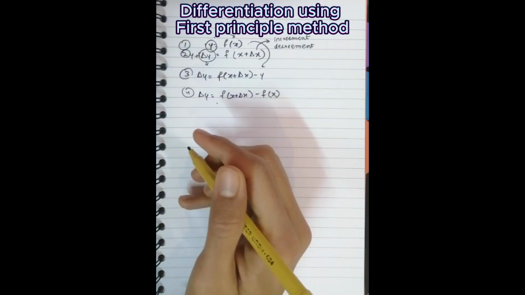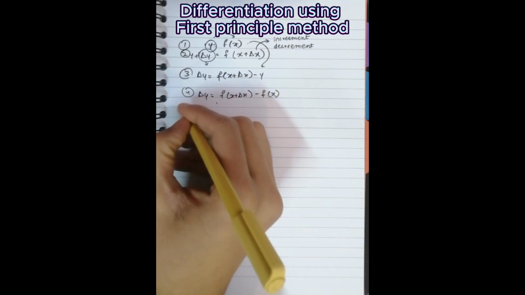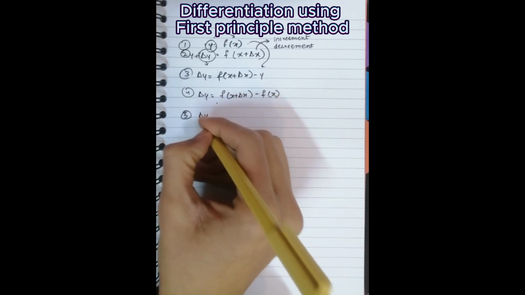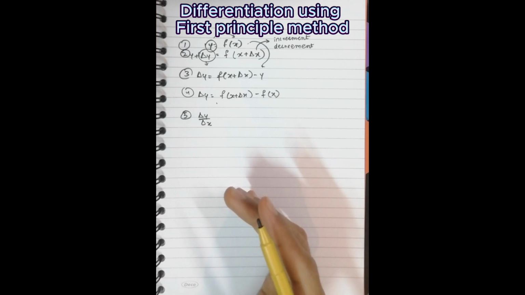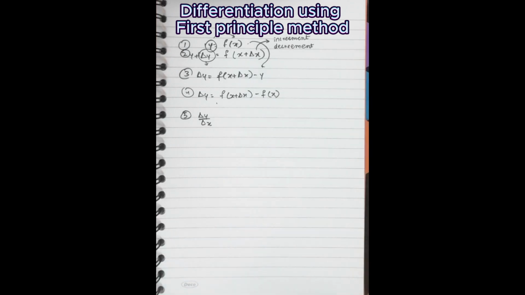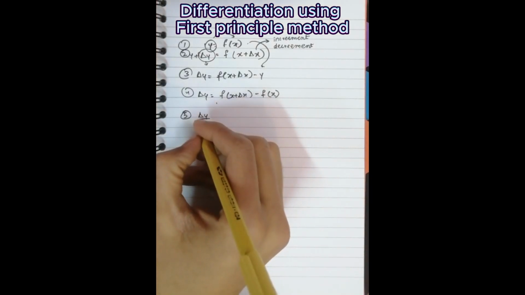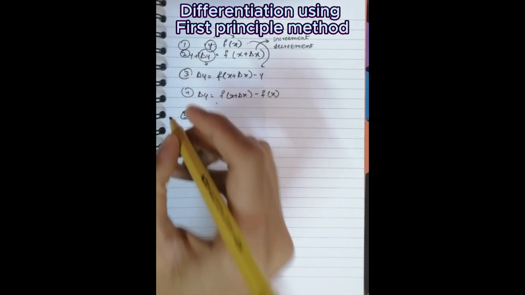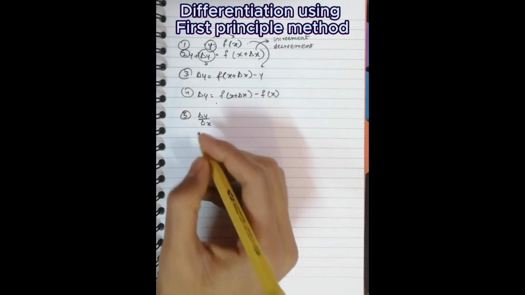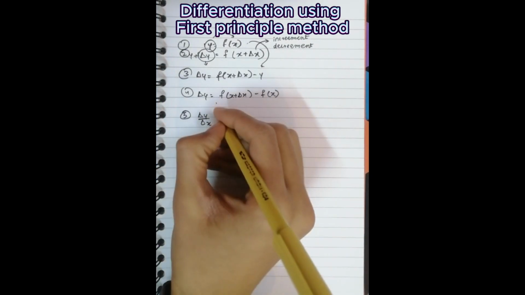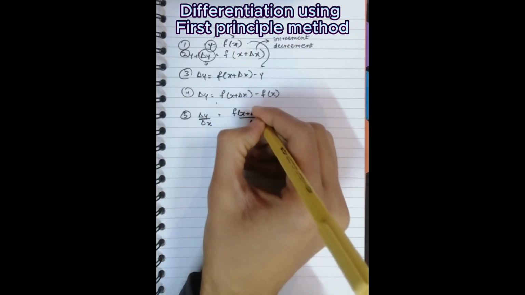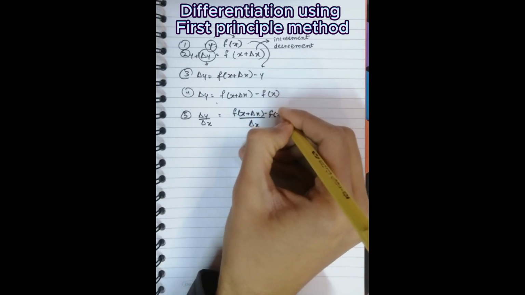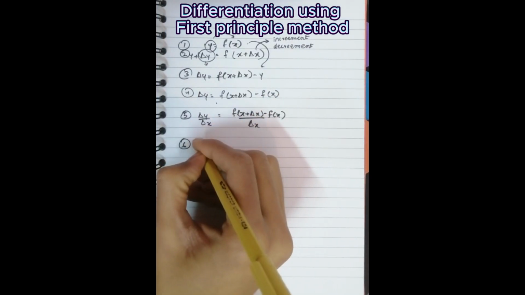What are we going to do next is the fifth step, and in the fifth step, we are going to divide by delta x. This is the most important step in solving using the first principle method, that you have to divide it by delta x. Of course, if you are dividing it over here, then you have to divide it on both sides. And after that, the last and final step is that you have to produce a limit into it,